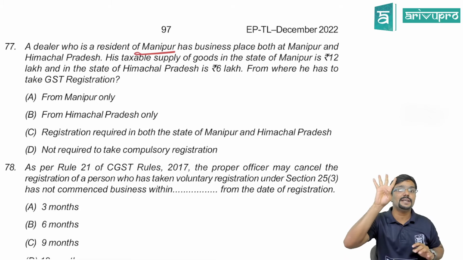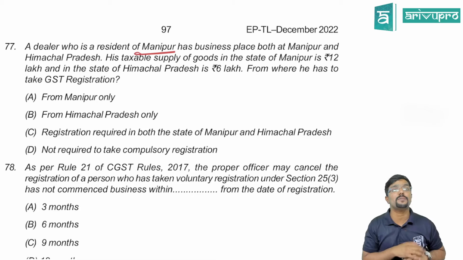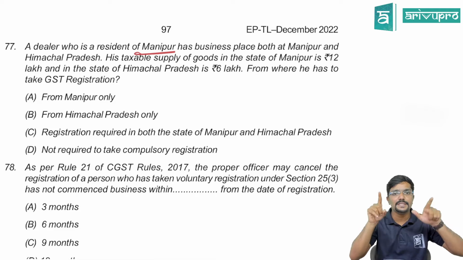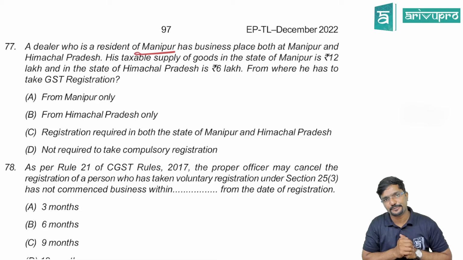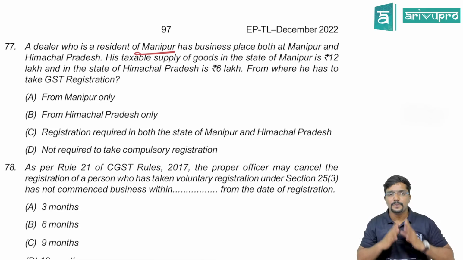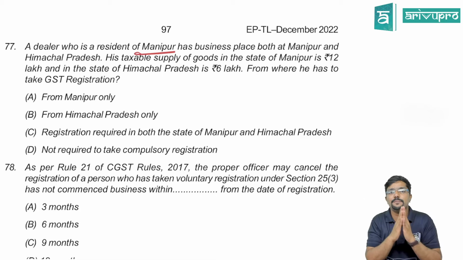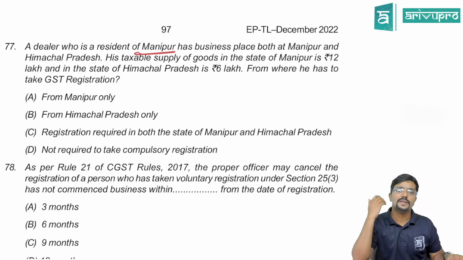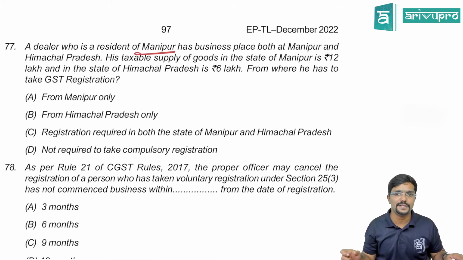And even that 40 lakh extended limit also is not applicable for you. Because the 40 lakh extended limit for exclusive supplier of goods is not applicable for 10 states. Out of the 10 states, one of the states is Manipur. So what is the threshold limit applicable for you? 10 lakh. So all India basis, not only for Manipur. So throughout India, if your threshold limit crosses 10 lakh, you have to get registered. Where? In all the states, wherever you are doing the business.